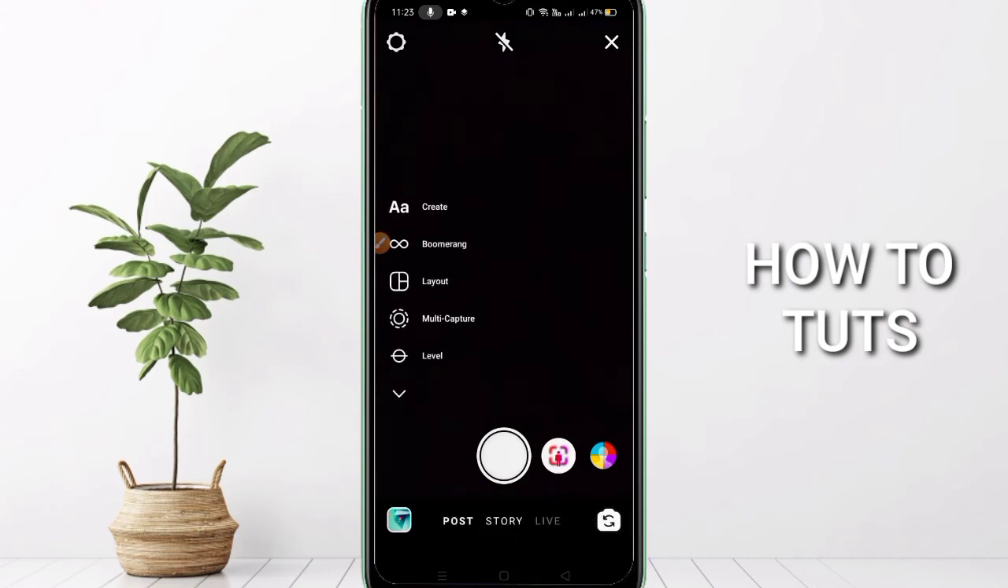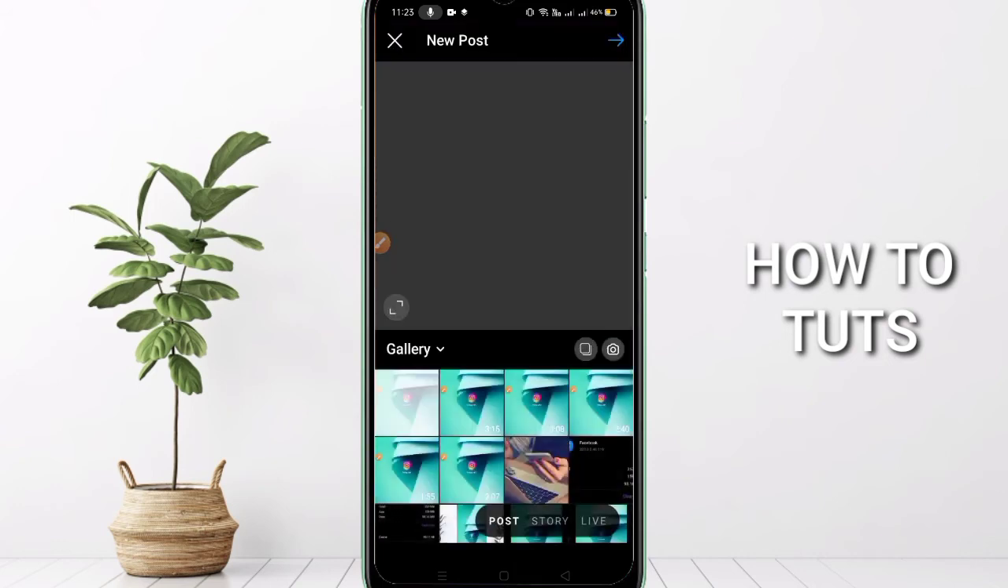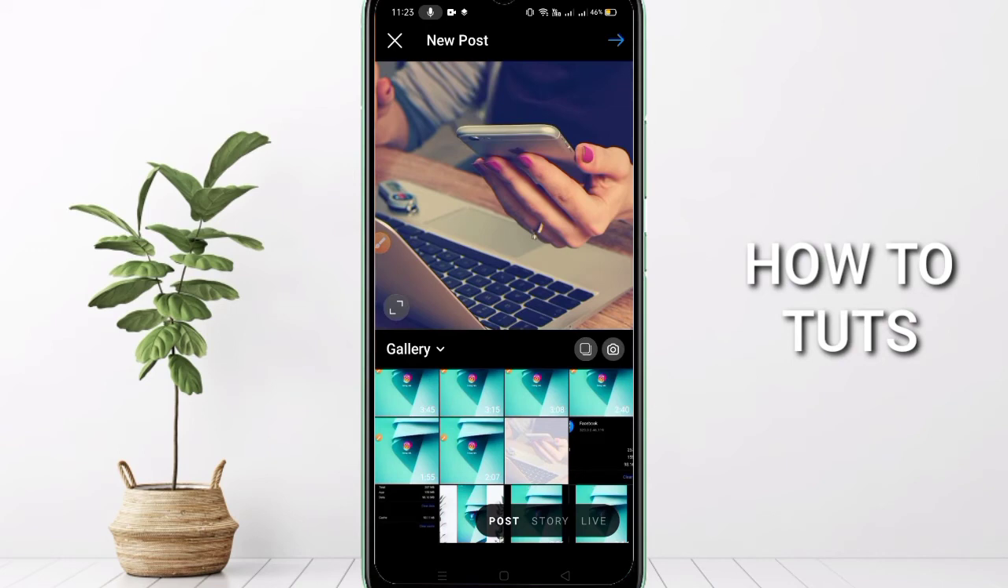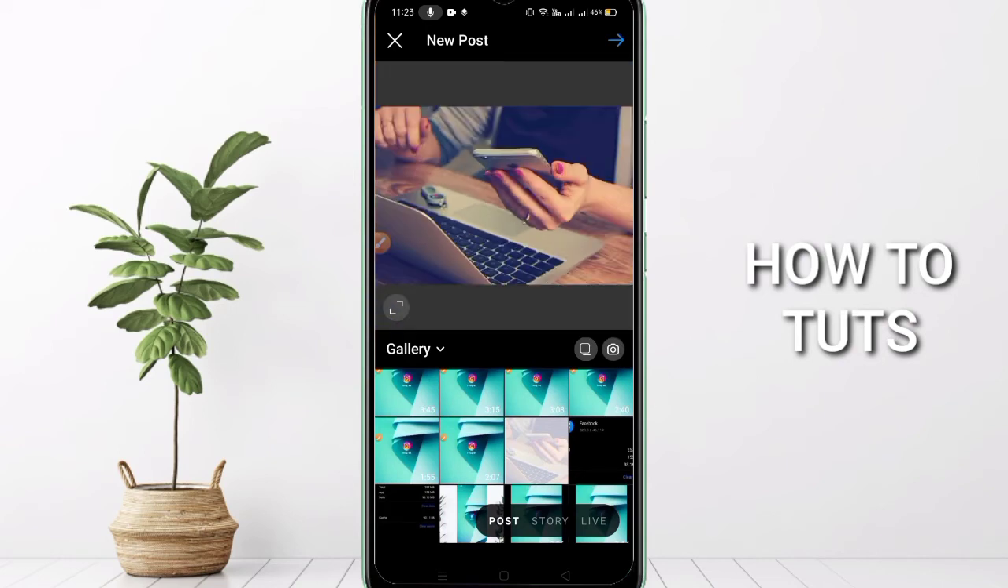You can see here post, and choose your image and resize it according to your image. Okay, I just fit it here. You can see the option. After that we have to go here, the right corner arrow button, click on this,